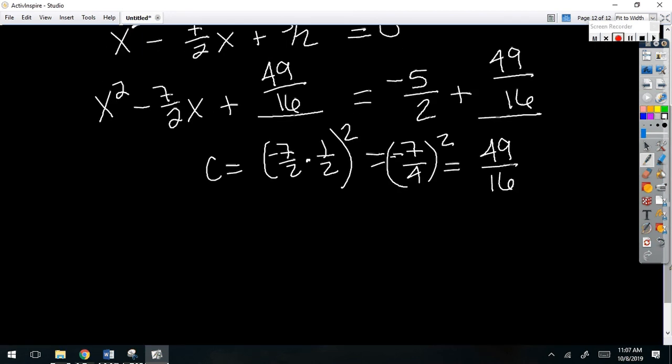All right, here's where we start the work. We factor the left side. The left side becomes the square root of the first, which is what? The first sign. And what's the square root of 49 over 16? 7 over 4. Notice here is what you get before you square it. Squared